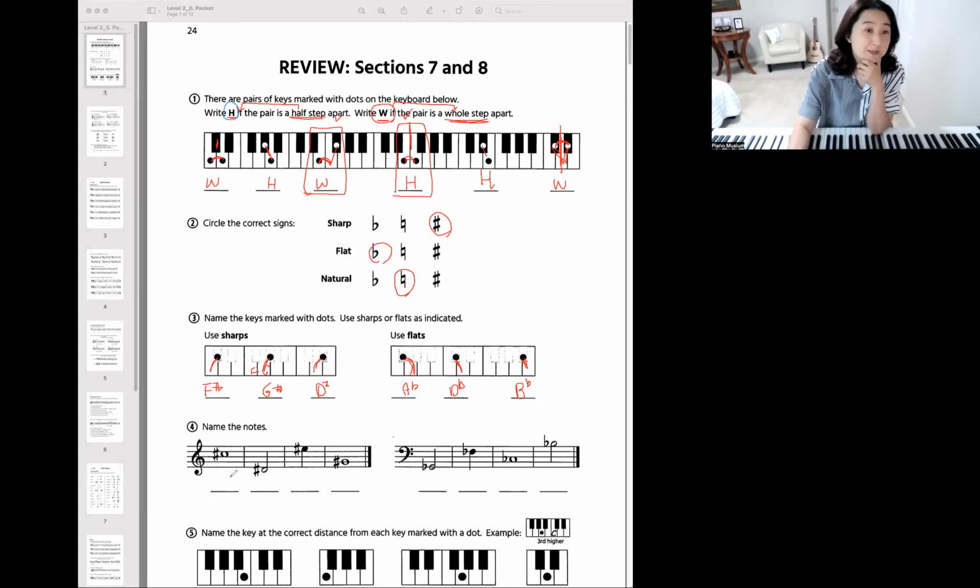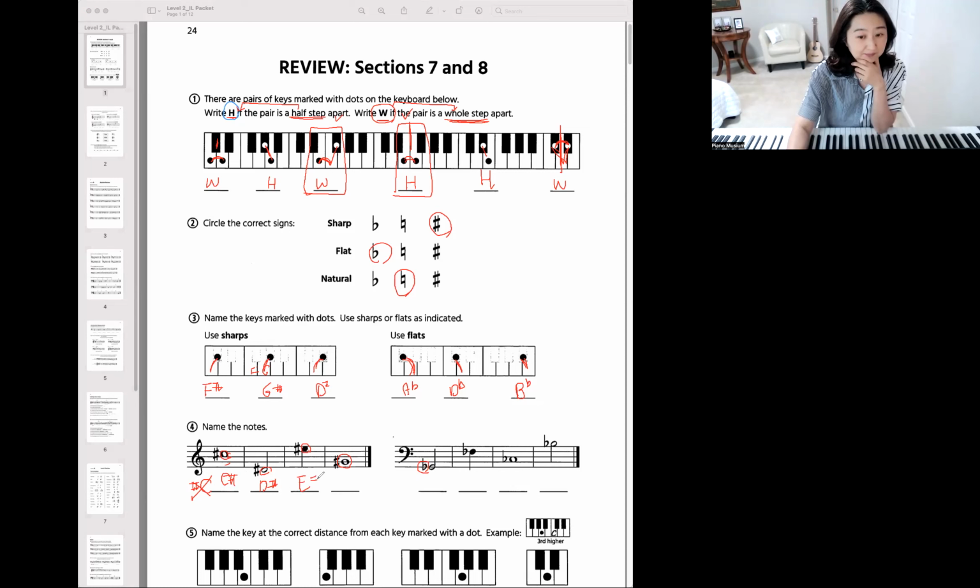Then let's figure out the natural name. The natural name is actually easier. Just find the natural name as it is. 이 노트 이름을 먼저 찾아. F, A, C. Then you put the sharp, but you have to be careful. When you put the sharps after the letter like this, 이렇게 붙이면 틀린다. If you write it like this, you will lose a point for that. You have to put the sharps after the letter, or before the note. 노트는 전에 붙이죠. Before the note. All right, so this is a D sharp,